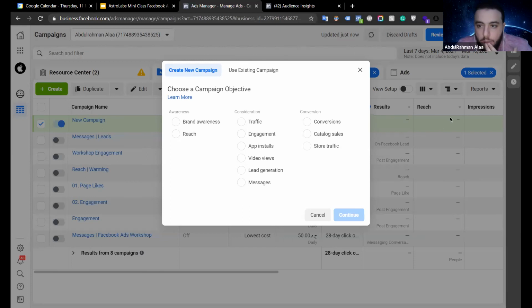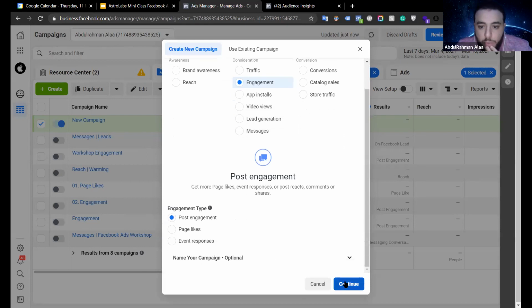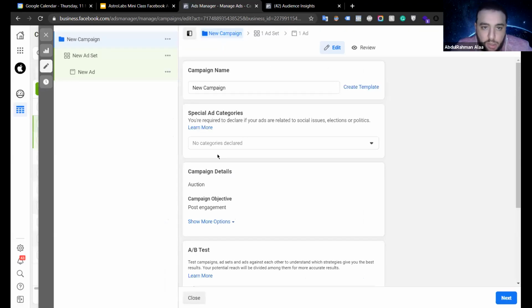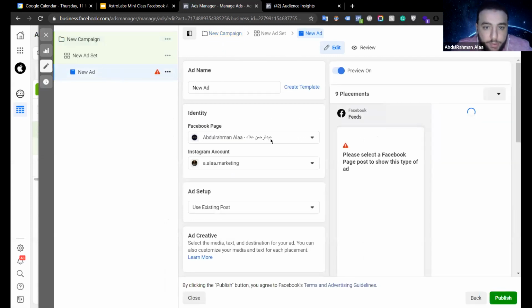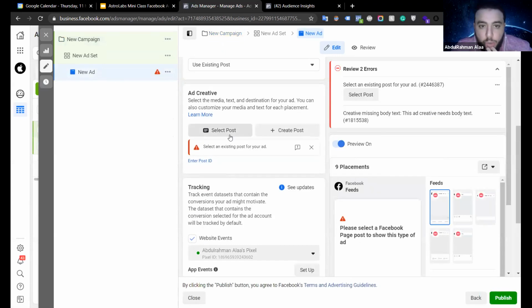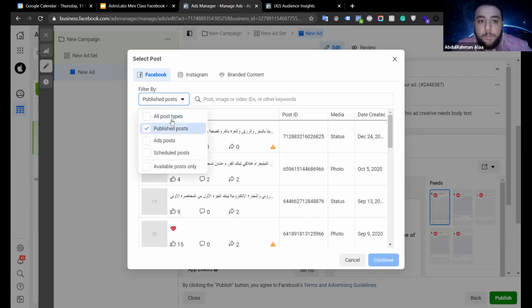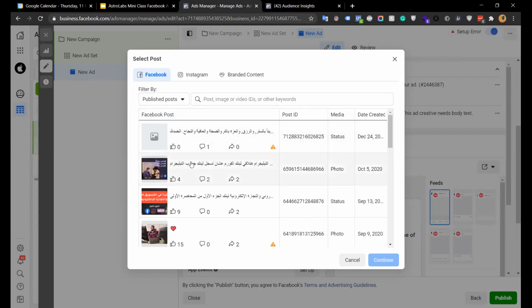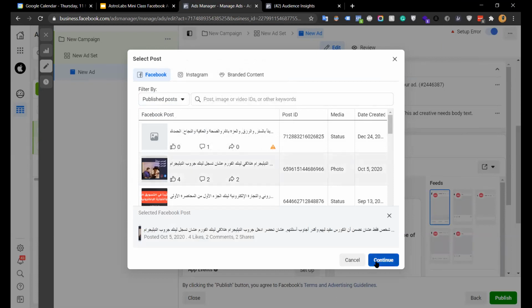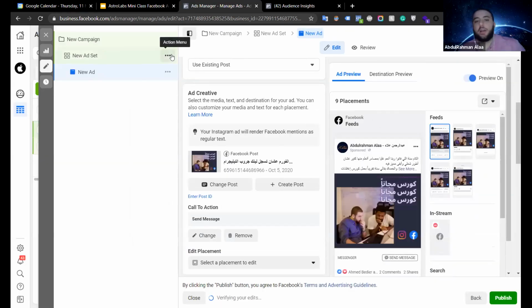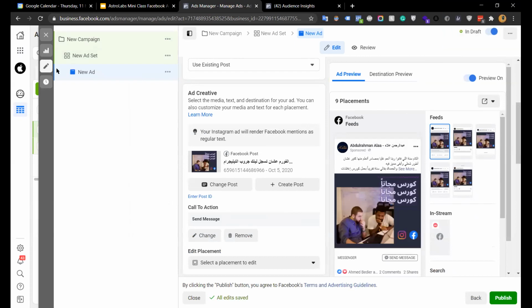When you go to your Facebook page and post something on the feed of the page itself, you go to engagement and it opens. Go to the ad itself. After doing the things above, you will select a post from your page. Do you want the post from the published posts or the draft posts? Is that your question? Yes, that was my question. I got it. All right, that's cool. Thank you. You're welcome.